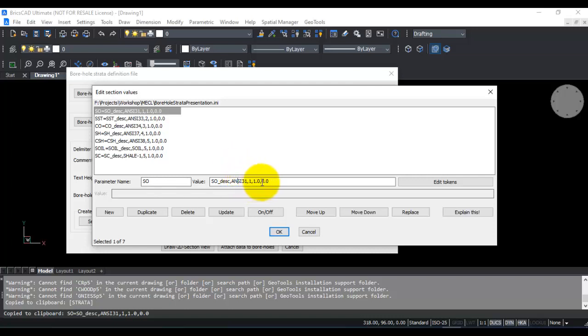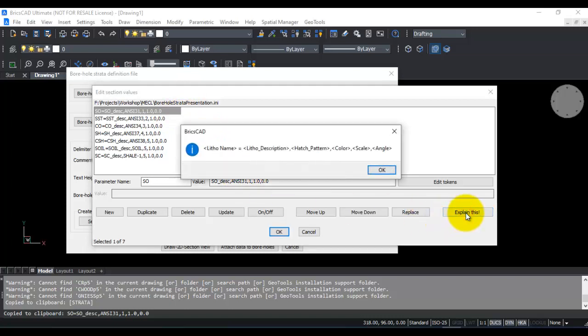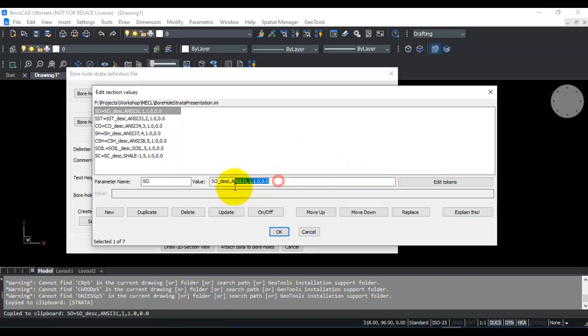If you want some more information about how this is organized, you can click on explain this, and here it will tell you that litho name equal to litho description, comma, hatch pattern, comma, color, comma, scale, comma, angle. That is exactly what is shown in this description format here.